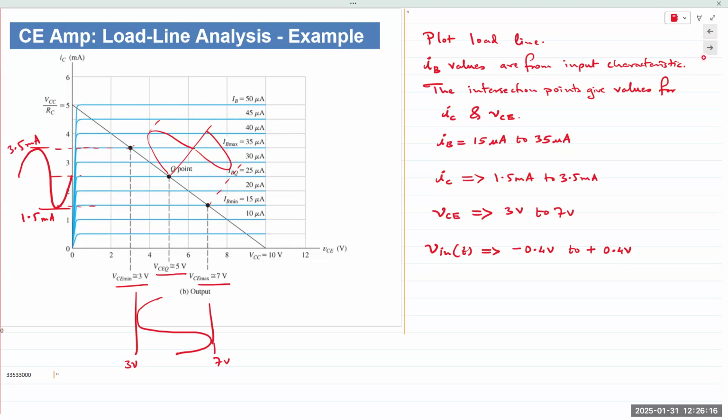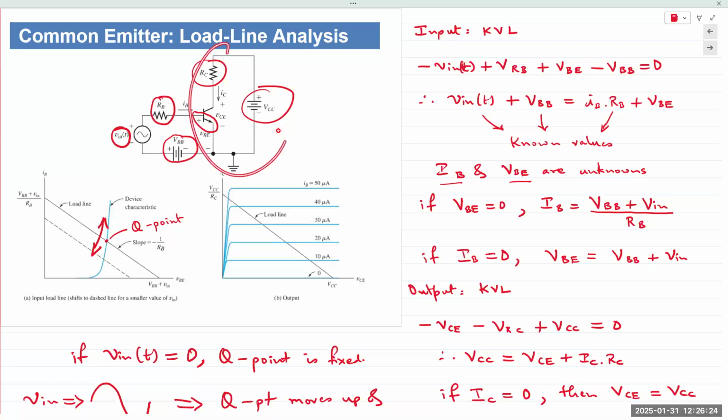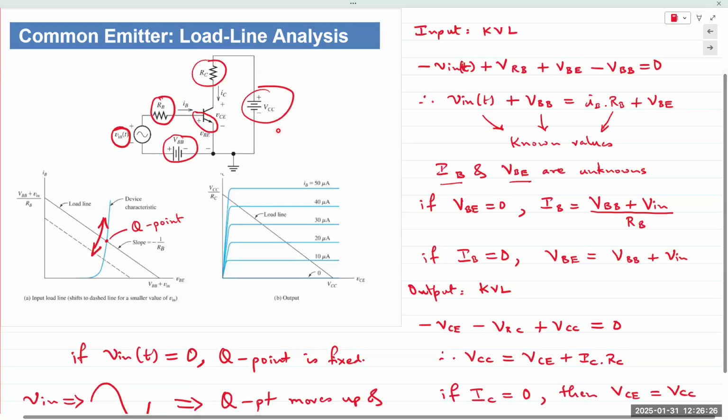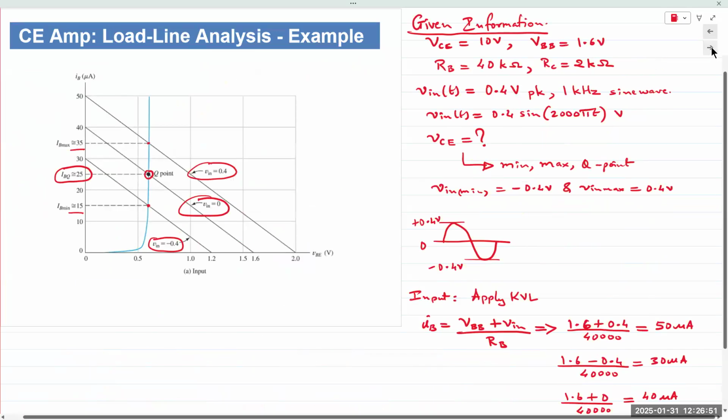So going back to the circuit diagram, on the output side, voltage VCC is divided across load resistor RC and the collector-emitter voltage VCE. So if I write a KVL expression on the output side, it's simply VCC minus ICRC